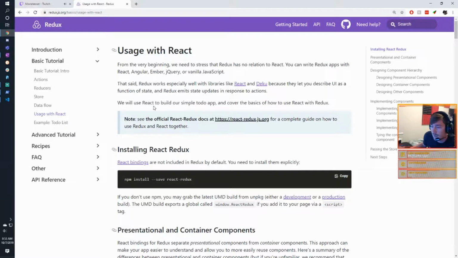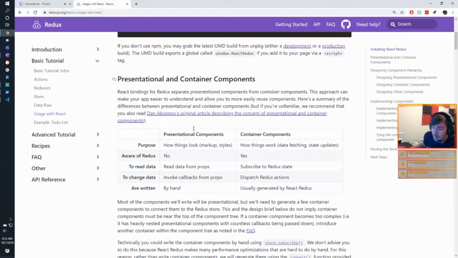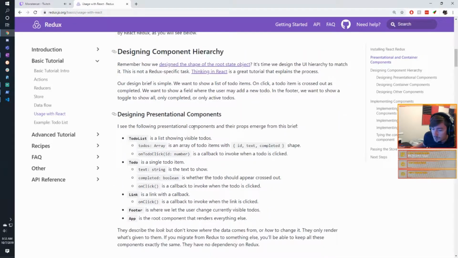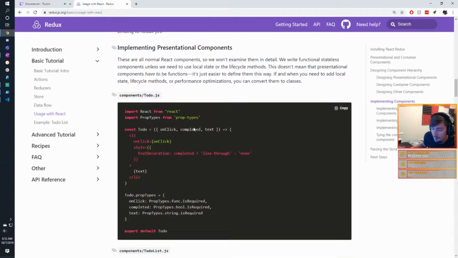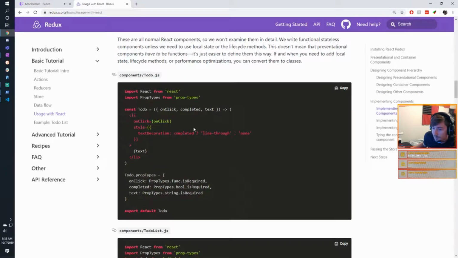We will use React to build a simple to-do app to cover the basics of how React and Redux work. So this is going to build the whole React app using it. So we're just going to review this. I'm not actually going to build it, we're going to review the code and look at what they're doing. So they're creating a components folder and putting a todo.js in here, which will be a component, obviously, for the to-do object. And then they're just passing in some parameters for